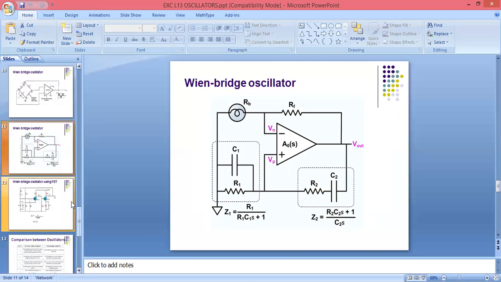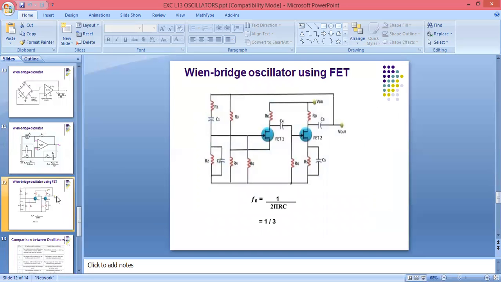Now we have to see Wien bridge oscillator using FET. What we have to do when we are using the FET network? You can see I am using here two FETs. So we can say we are using here two RC networks, because if you see what I have done, when I am using two FETs, at that time I am using one resistor and one capacitor. Here also, so we can say here we are using a two-stage RC network,